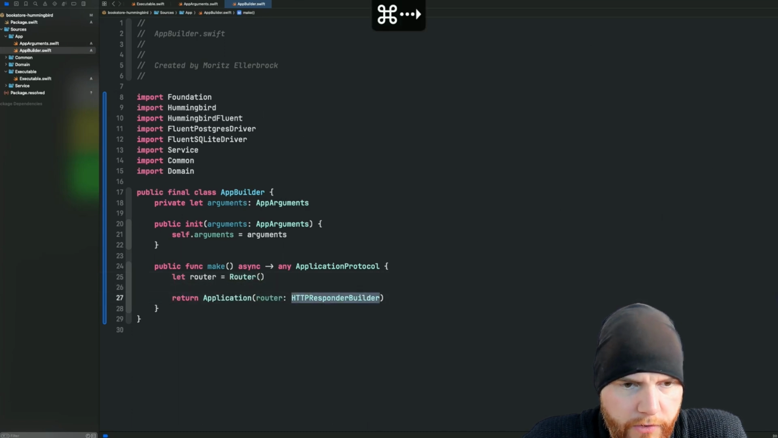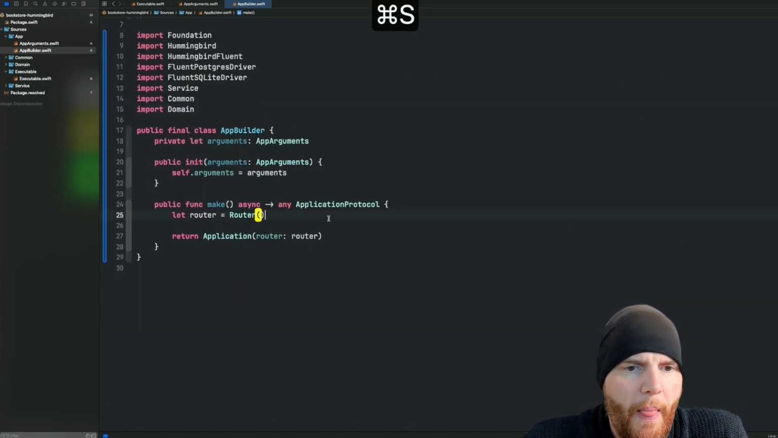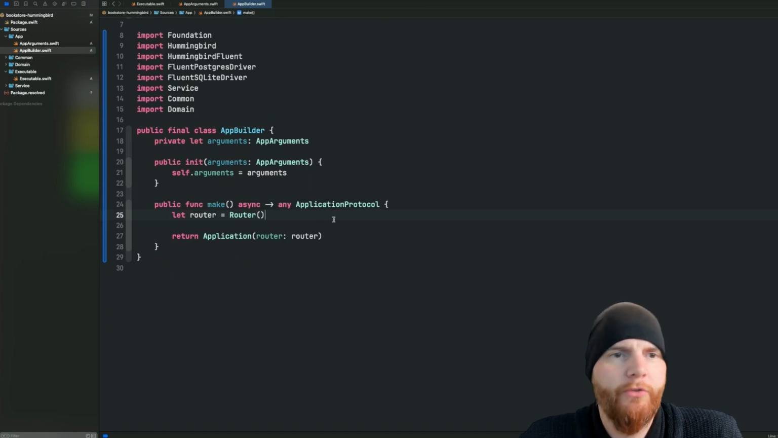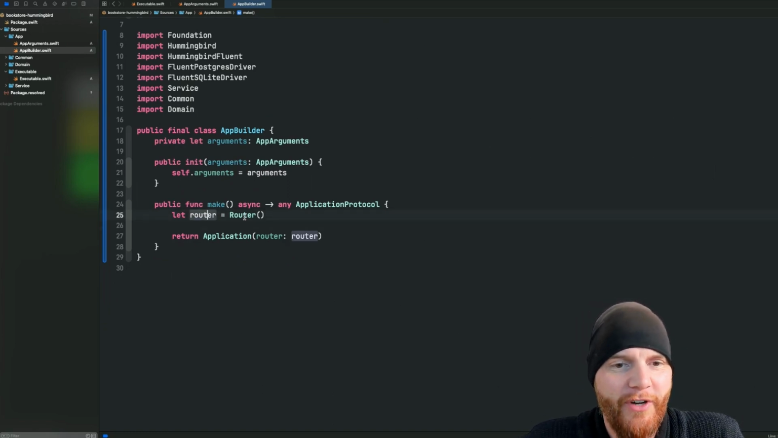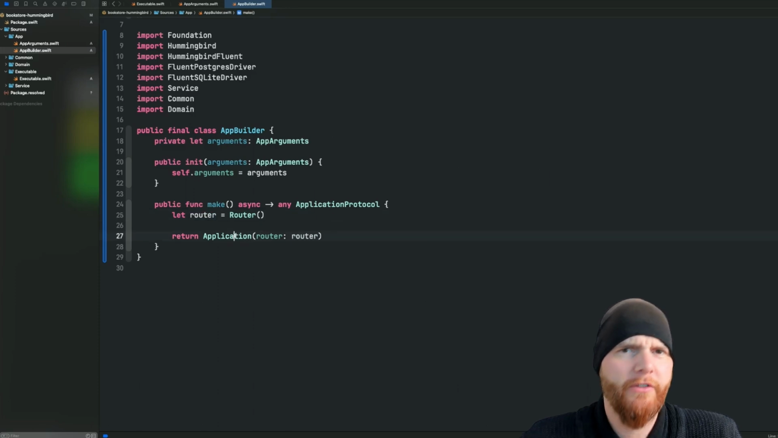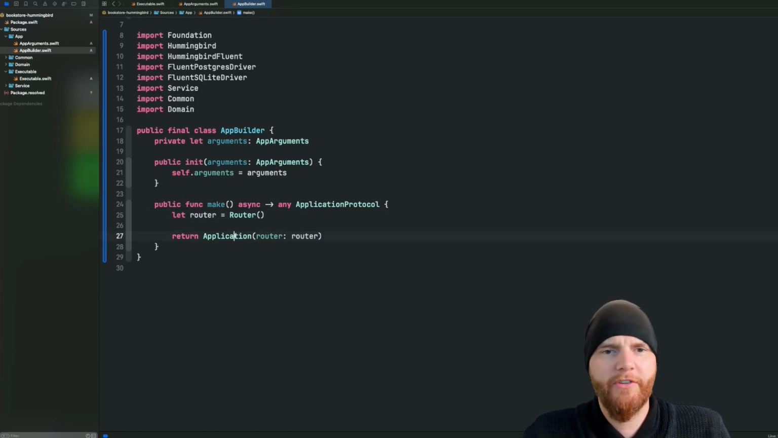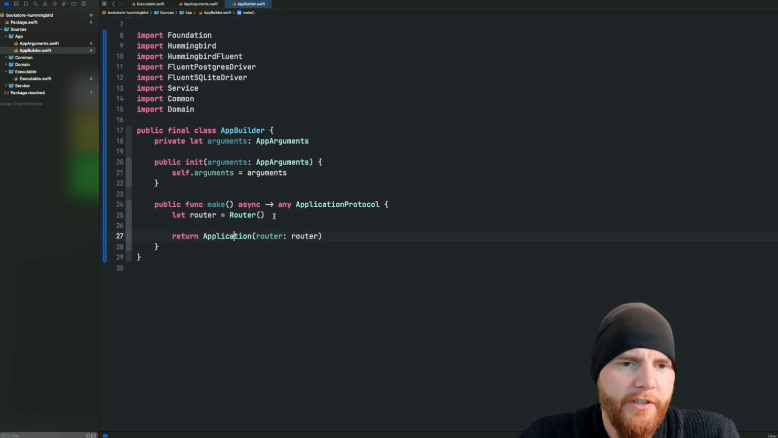Let's do it like this. Router. Okay. That is the most advanced application I've ever written. Okay, so there's a router and there's an application. So where's my database? Where do I use the arguments? All this. Okay, so